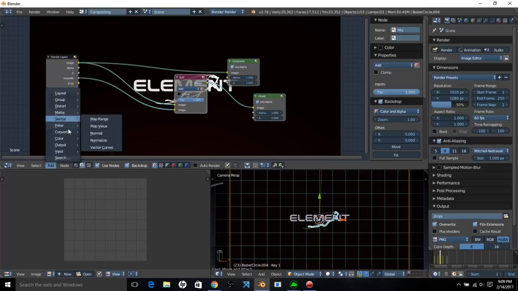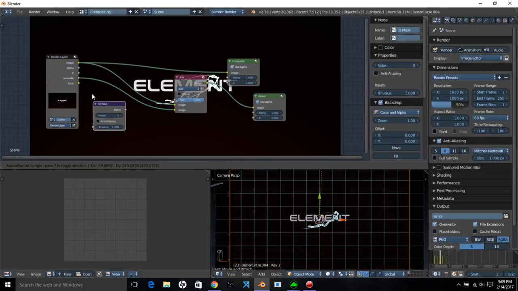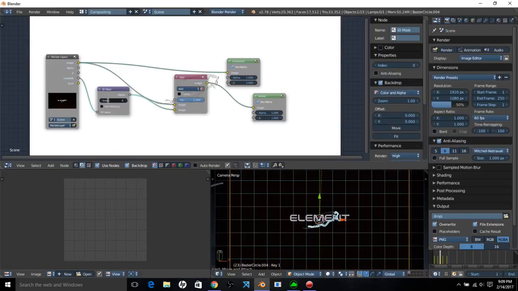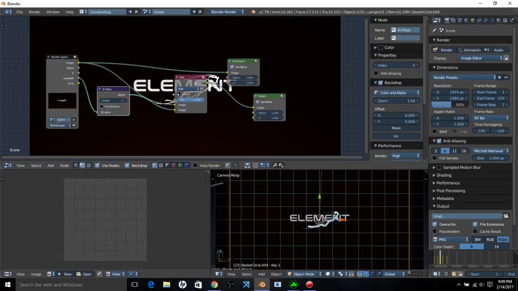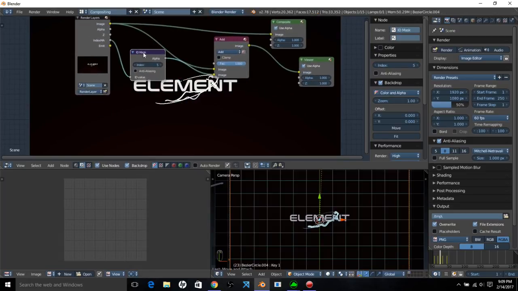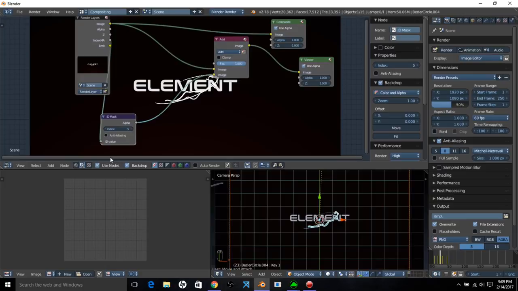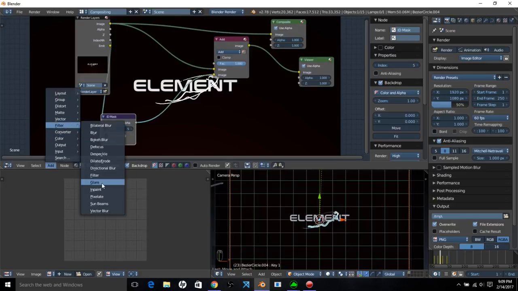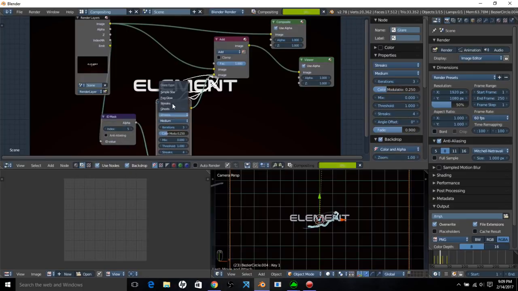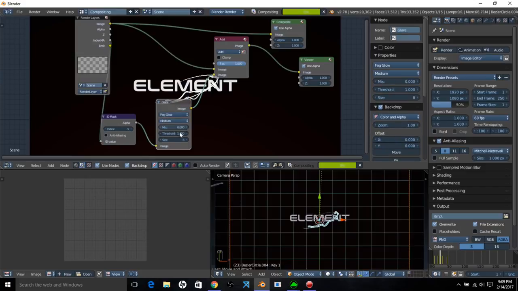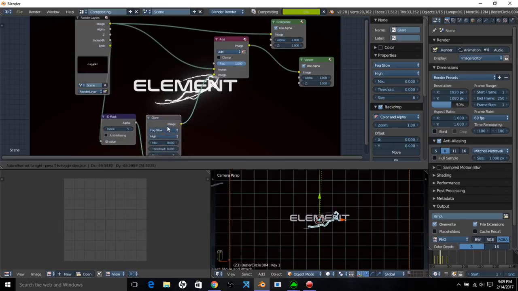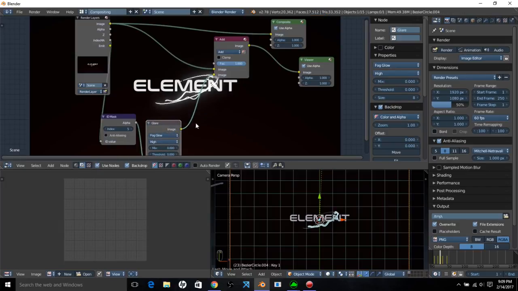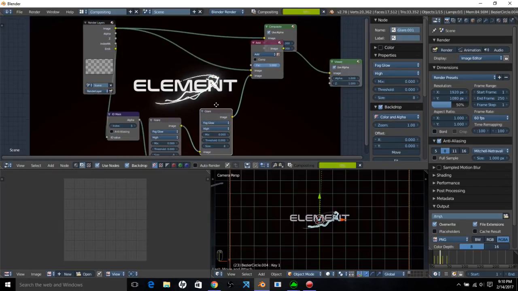And let's click add converter ID mask and hook it up to the material index. And we chose 5 and 6 as our numbers. Alright, so add filter glare and put this here. Fog glow and put the threshold down and change it to high. We're going to duplicate it over again, so shift D, put that there,